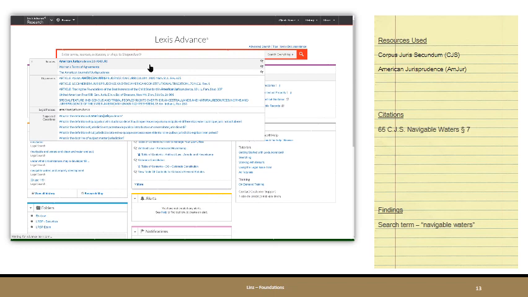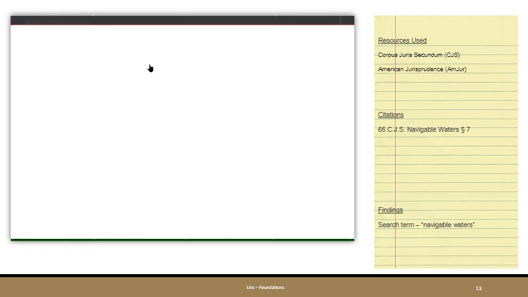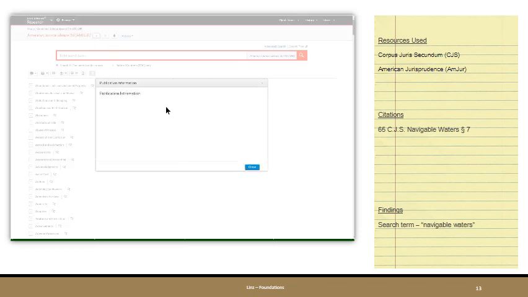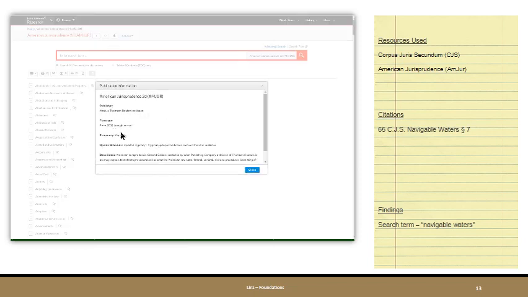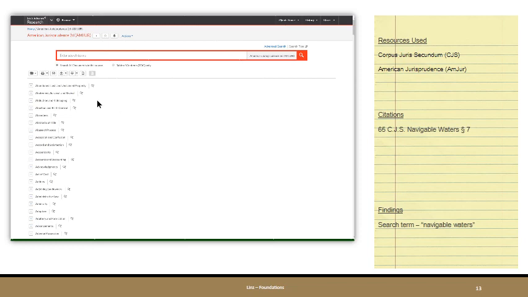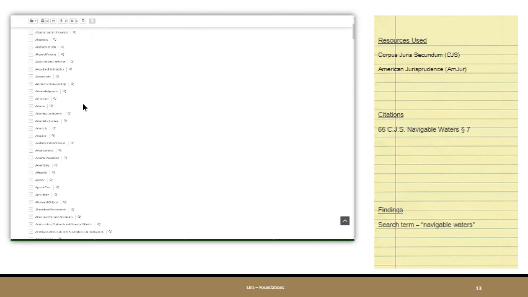So we choose that, and now we are doing what we talked about in the online searching presentation about a source-driven search. We're in the source. For AMJUR, there is the information bubble again. This tells us what the coverage is, and the coverage is 2002 through current. This is fine. And then you could take a sort of a topical approach to doing research. You can see all the different topics that are listed here, and you could drill down into any one of them.